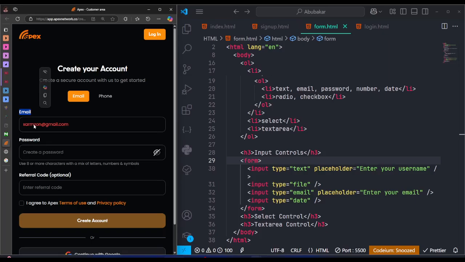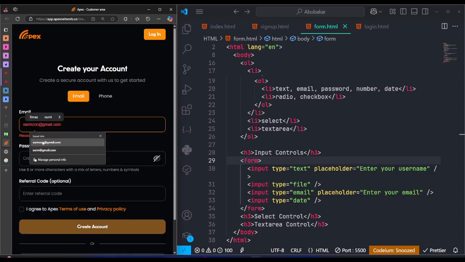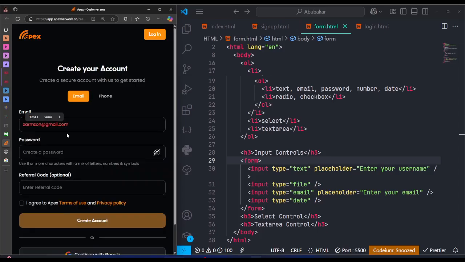It always stands on its own. And what is the advantage of label? You can think of label as you describing what your box is all about. As you can see, whether you type or you don't type, the label is always there. But for placeholder, the only time you see it is when you did not type inside the box. Once you have something typed inside the box, the placeholder is going to be removed